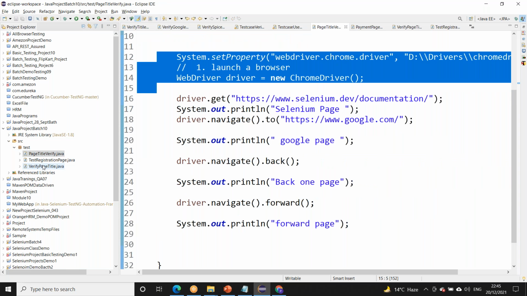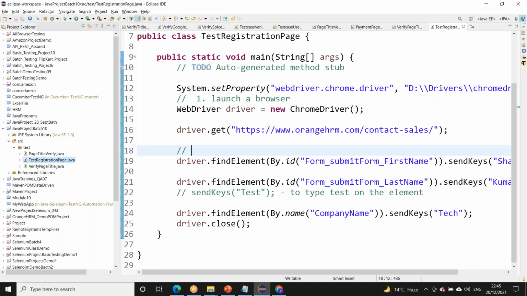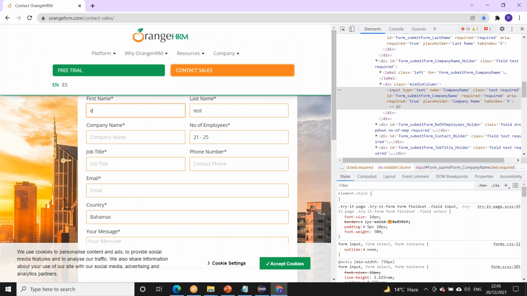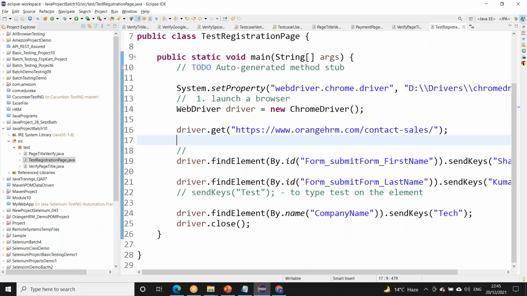I have taken this one, revised, and taken it again. For another registration form, I will create another class. For now, focus only on how we have written this code. The categorization and grouping of all the classes in one package, and maintaining them, we will see in the framework.